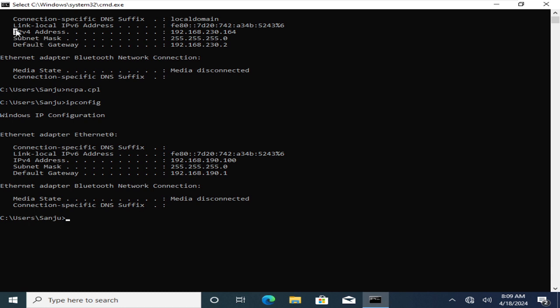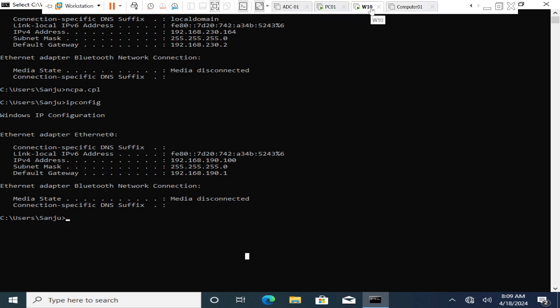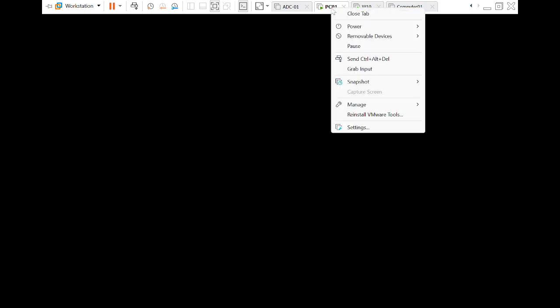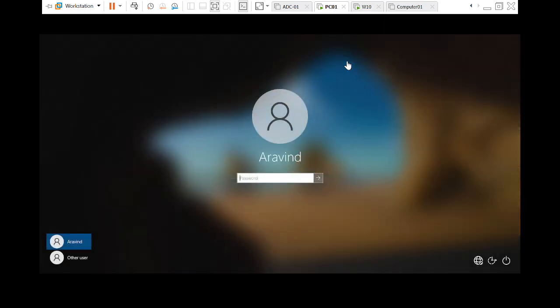First IP address is 192.168.230.164. But the latest IP address I added is 192.168.190.100. So we are good. Now let me check whether my Windows 10 computer is able to communicate with other computers. Let me check this PC0 and what the IP address is there. Okay, PC01, if I log in,